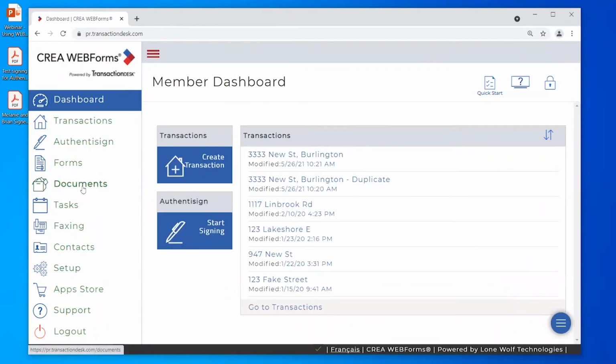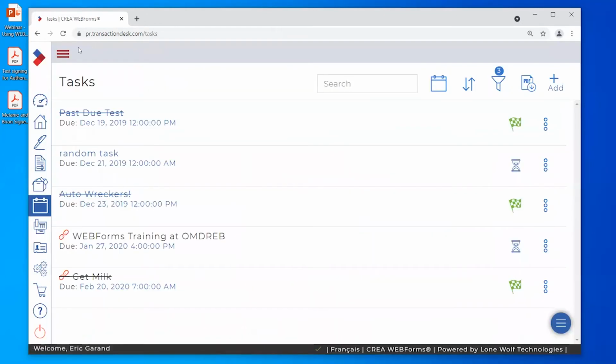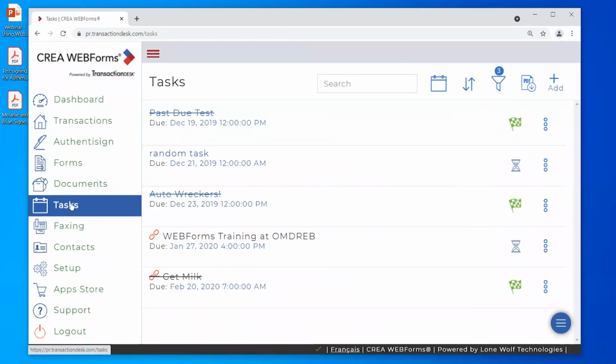So that's documents. It gets more and more into bells and whistles here as we move down. So tasks, right? I can go forever without ever touching tasks. All this is just to let you know what it is. It's just a reminders application that you have. If that's of interest to you, how it works is you can set up certain tasks. You can see mine are probably a little bit silly, but that's all it is. It's just like, if perhaps I'm working and I want to set a task for myself, I have the option,